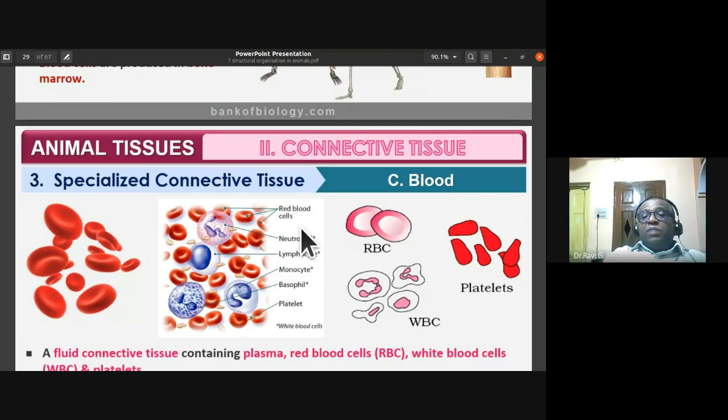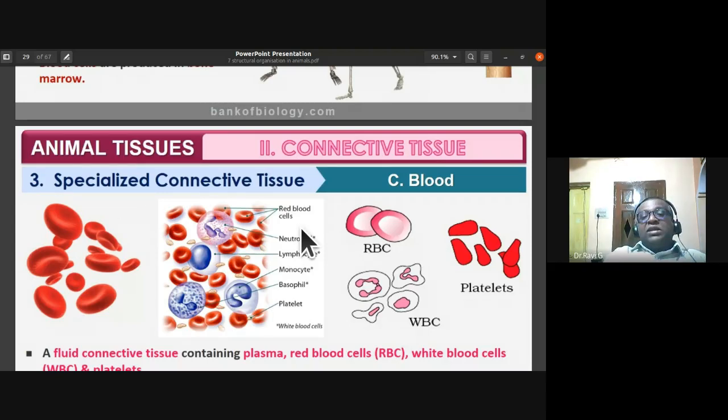The white blood cells are of different types. You find agranulocytes and granulocytes. The granulocytes are classified based on staining capability. Eosinophils respond to acidic stain. Basophils respond to alkaline stains. Then neutrophils. So you find eosinophils, basophils, and neutrophils. Based on the total amount of WBC, the largest distribution is found in neutrophils.